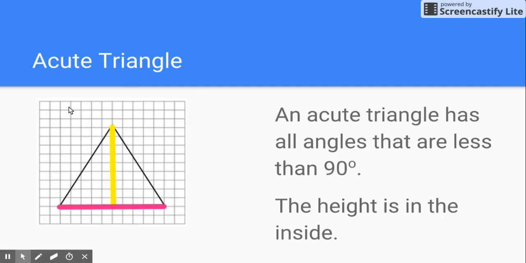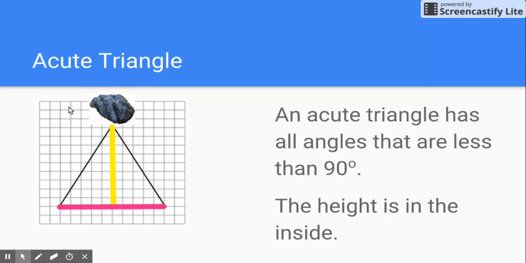This is an acute triangle. An acute triangle looks a little bit different. All the angles are less than 90. You don't have that nice, neat little square corner. In this case, the height is on the inside of the triangle. So imagine if you had a rock at the top. Oh, wait, we don't want that rock. We want this rock. Okay, so we have this rock at the top of our triangle, and we're going to